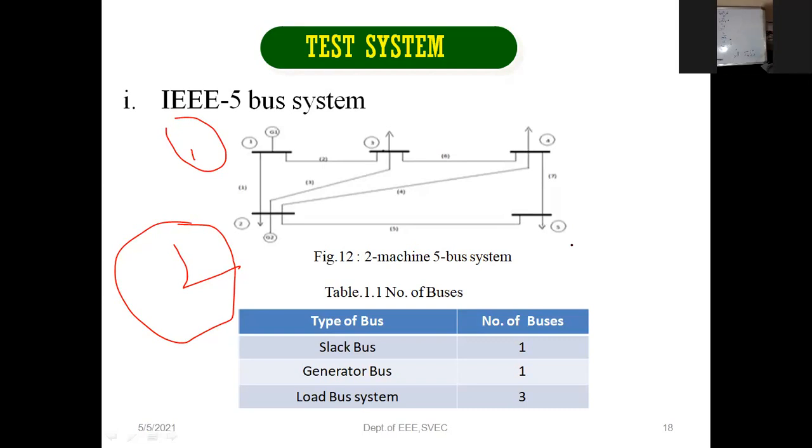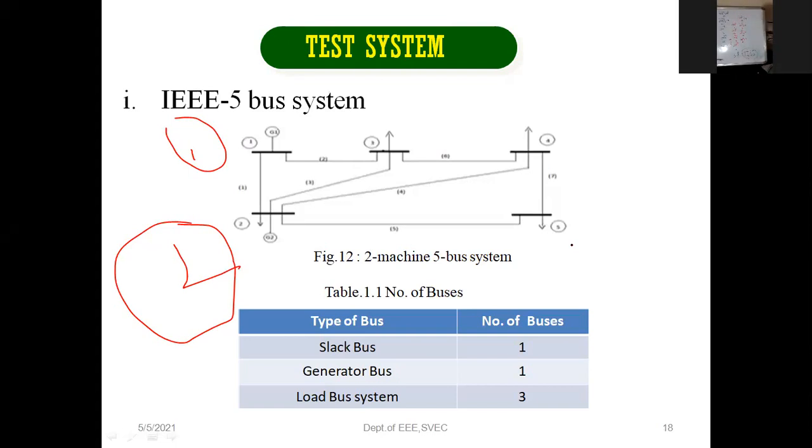As per the direct inspection method, it is the algebraic sum of these primitive admittances. So therefore, Y22 is Y12 plus Y23 plus Y24 plus Y25 plus Y12 dash by 2 plus Y23 dash by 2 plus Y24 dash by 2 plus Y25 dash by 2.